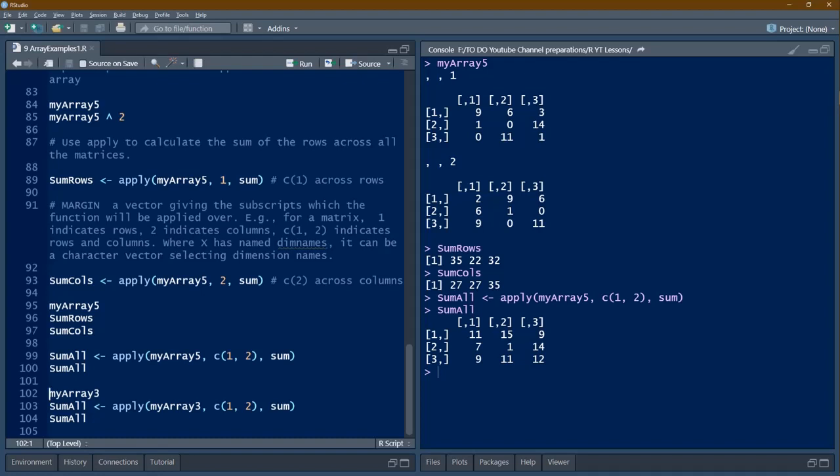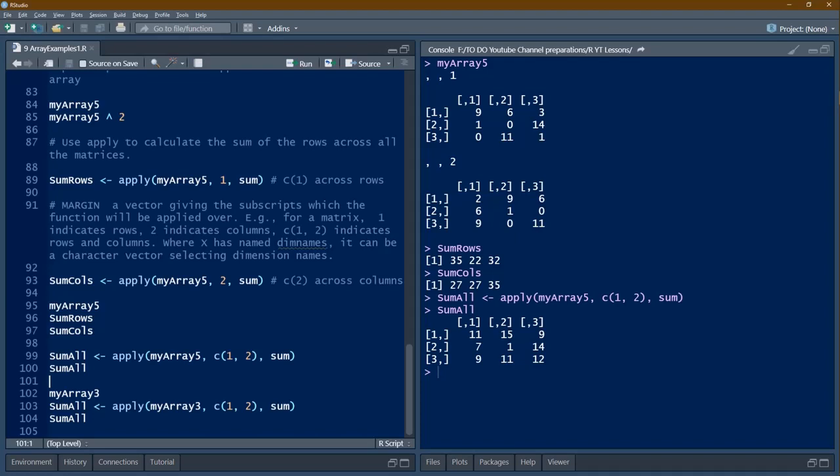Now sumAll gives you one single matrix. What happens is 9 plus 2, 11, 1 plus 6, 7, 0 plus 9, 9. So individual matrices in the array have been added, and we are getting a single matrix when you give the margin as a concatenation of 1 and 2.